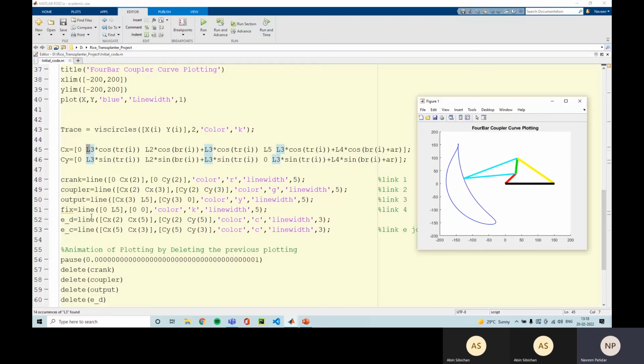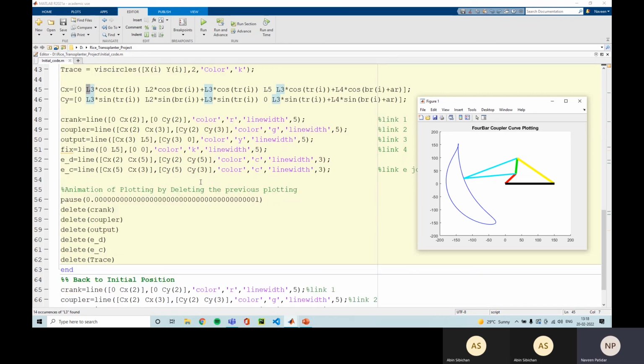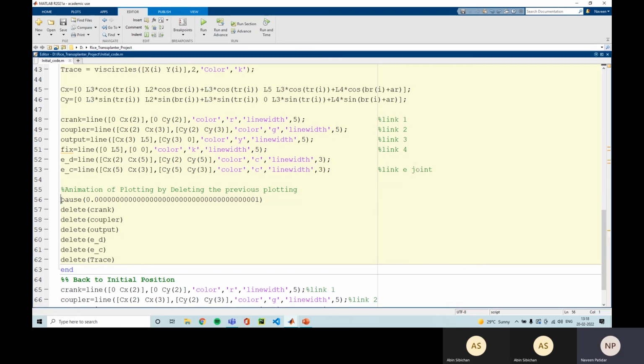For ED, E to D, that is C of 2 and C of 5. Similarly for EFC, this one is Cx of 5, and Cy of 3 and Cx of 3. So we have drawn all these lines, but again we will use the pause function to see the animation.